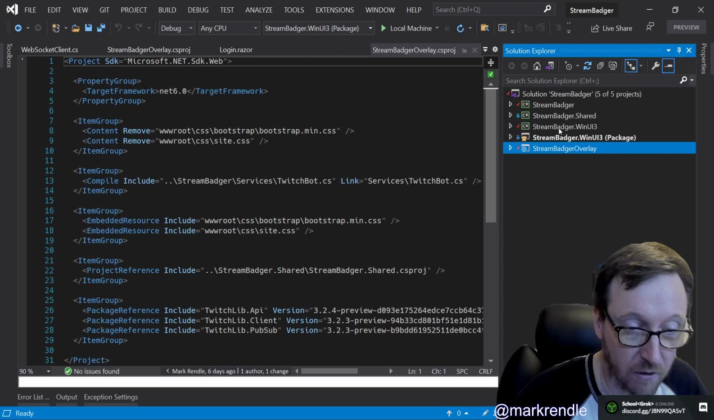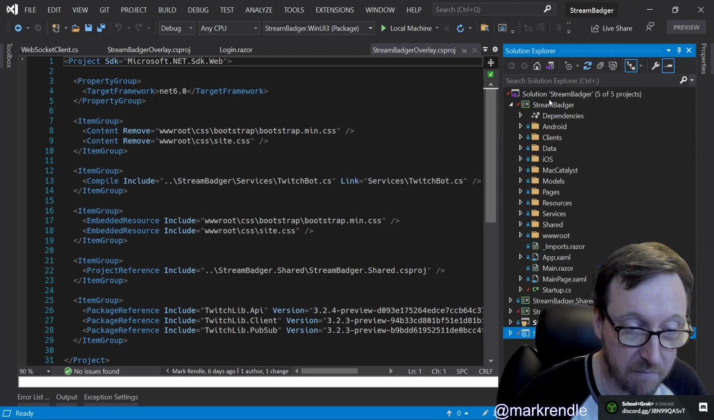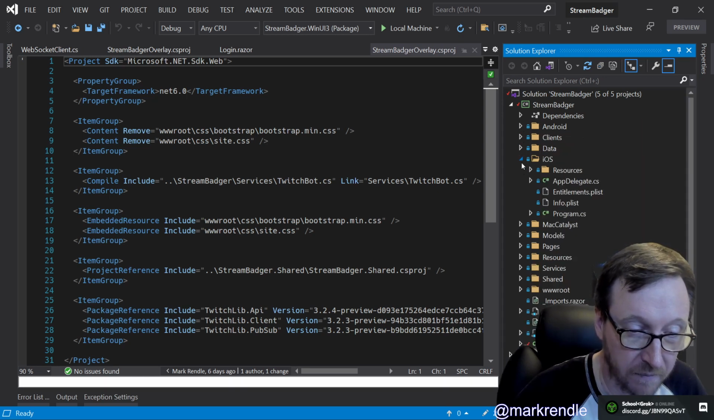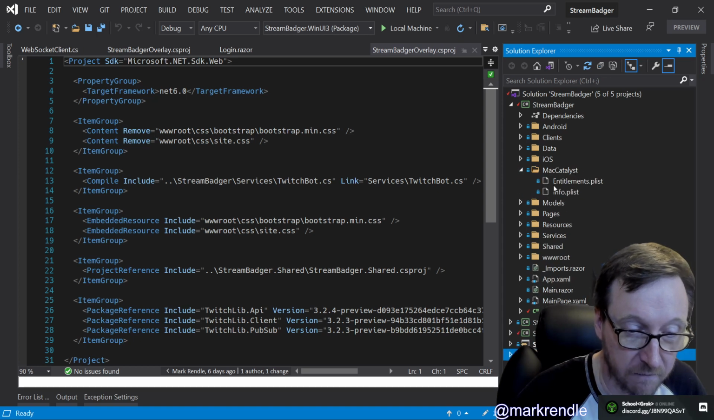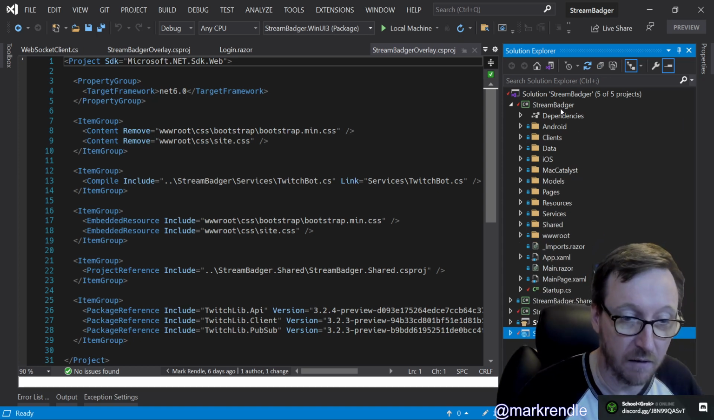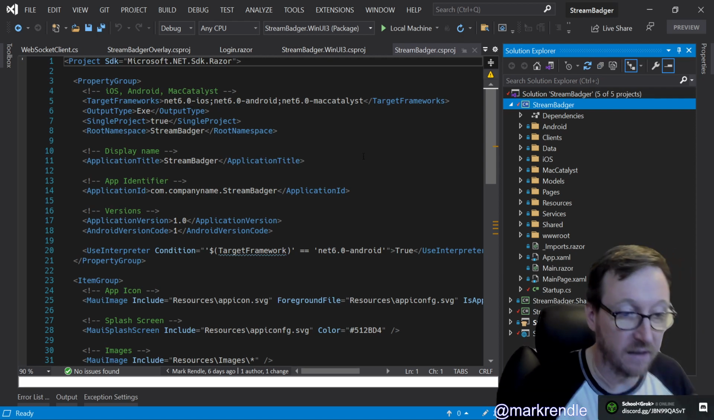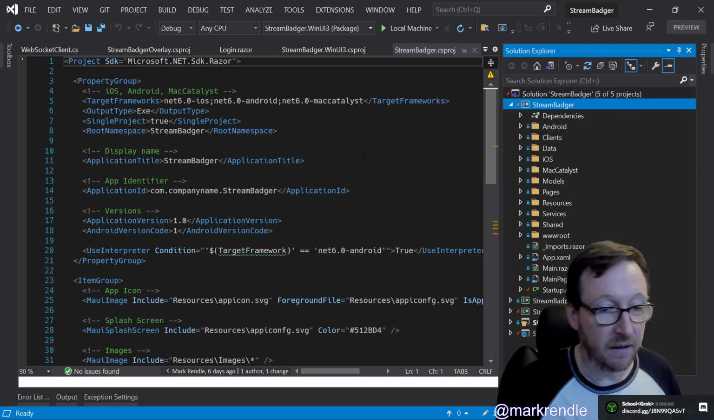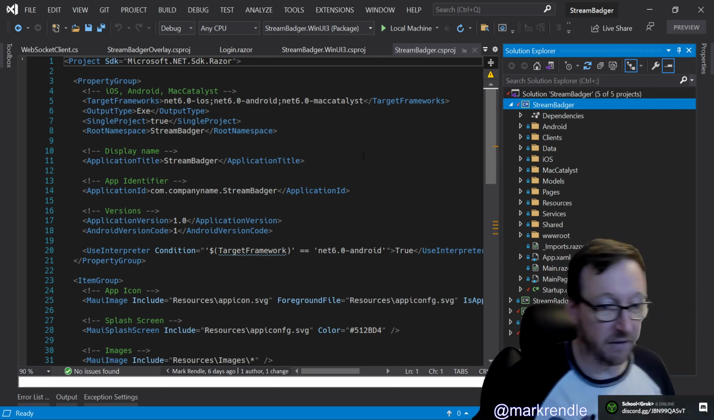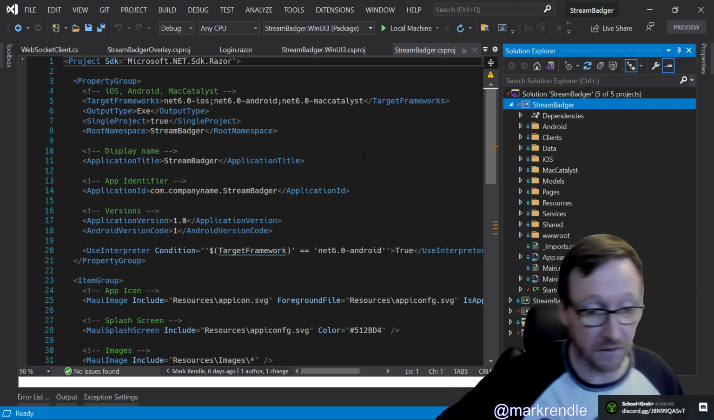And so what we've got at the moment is you've got Stream Badger here, and you can see in Stream Badger there's an Android folder, and there's an iOS folder, and there's a Mac Catalyst folder. And if we look at the CS proj file for this, you've got target frameworks, Net6 iOS, Net6 Android, and Net6 Mac Catalyst. And so there's a whole bunch of stuff in there that's building for, so you have one project,